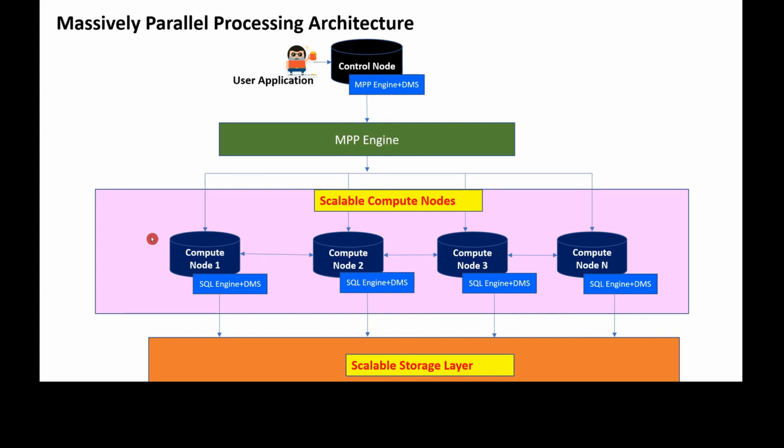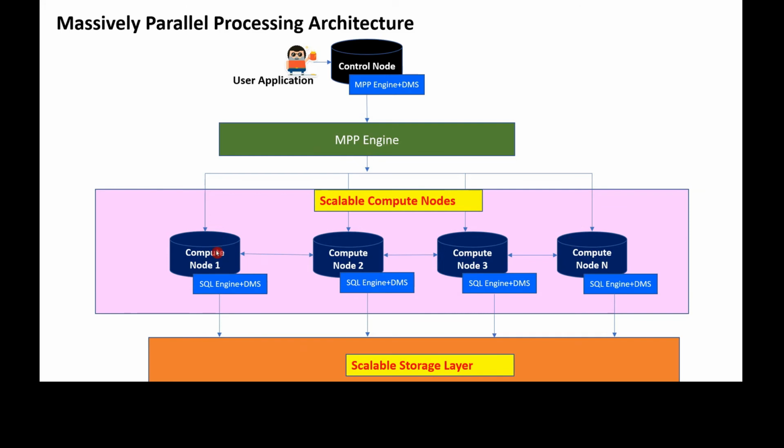So when you are going to use only one compute node, you are going to use 100 data warehousing units. If you are going to use 60 parallel compute nodes, then it means 60 multiplied by 100, which means 6,000 data warehousing units. So your architecture can vary, starting from 100 data warehousing units up to 6,000 data warehousing units, or in other words, one compute node to 60 compute nodes.